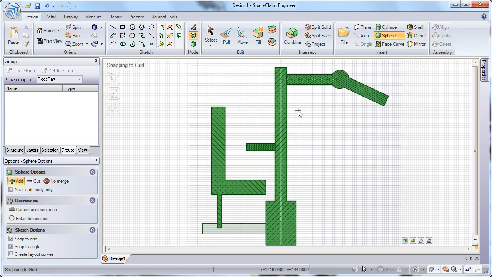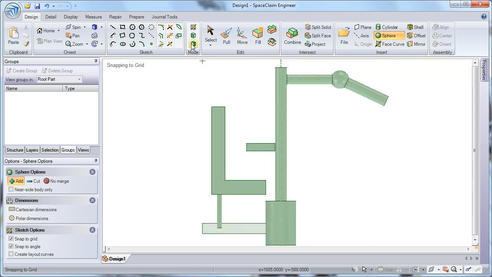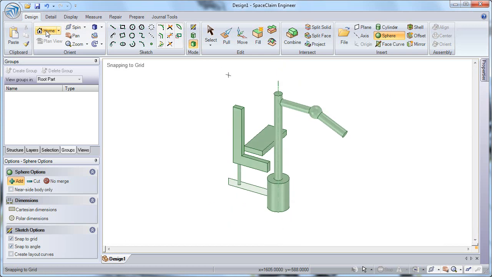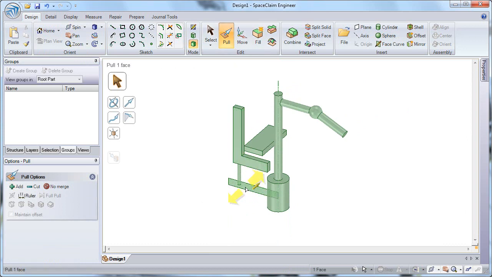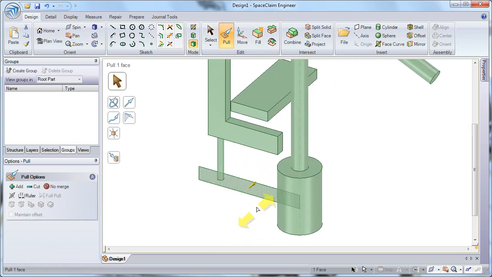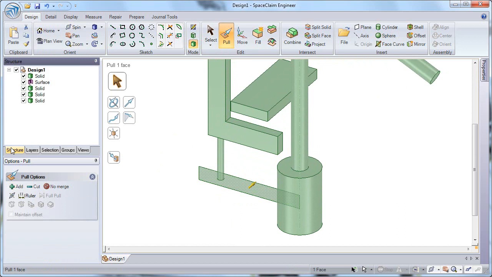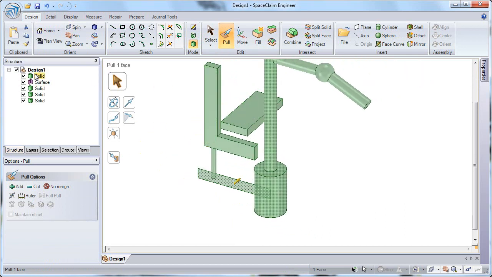So you can see that I've got a good layout in section mode of my design. If I switch back to 3D mode and go to a home view, you can see the different components that I've created here. I'd like to pull out that base, so I'm going to select on that rectangle that I created, and you see that as a surface in the structure tree. Select on that surface,